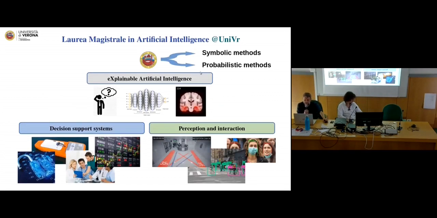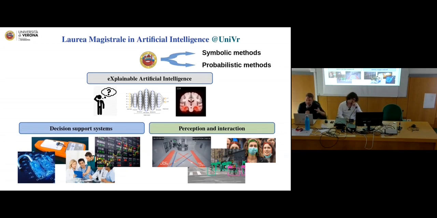In this department, there are scientists who work on two main topics related to artificial intelligence: symbolic methods, related to logic or formal methods, and then also probabilistic methods, which are more related to data-driven approaches, machine learning, etc. This is also why we decided to do this degree, because putting together these two macro areas is, we think, the best way to